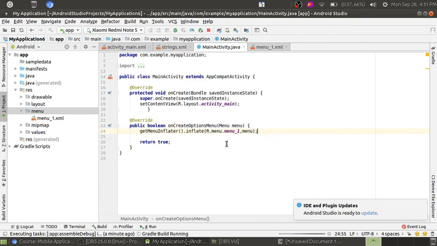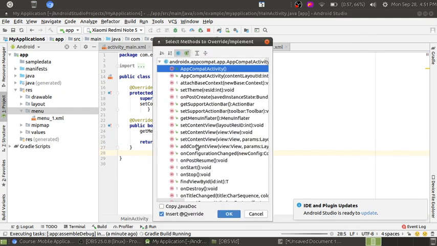So for that, what you have to do is, again, press Ctrl O. We have added the menus. After that we will use the intent, but in this lesson, in this video, we will not discuss the intent, just to show you what effects happen when you click on the button.